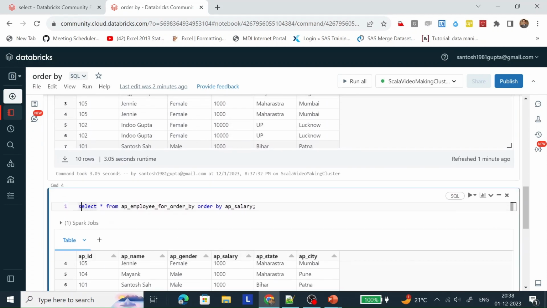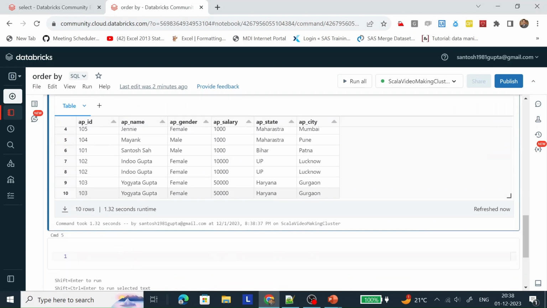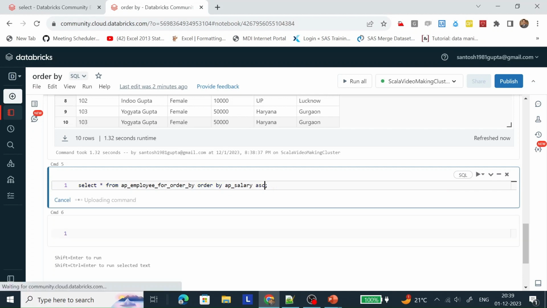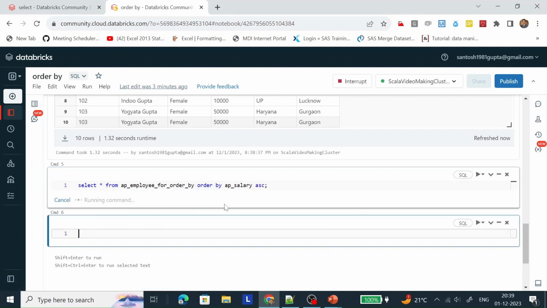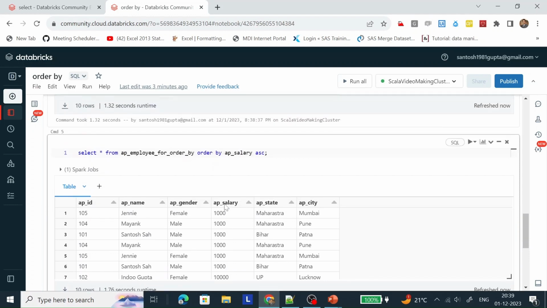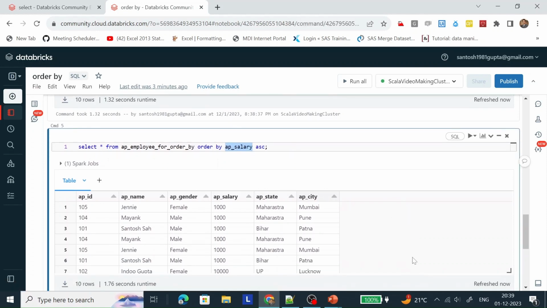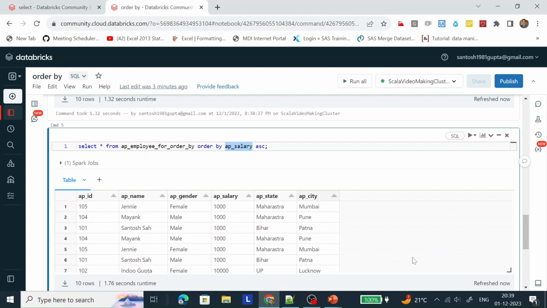Let me do ascending, then we can figure out what I am saying. Let's do ascending order. How will ascending order work? It will arrange the table with the help of this column in ascending order from lowest to highest, because this is an integer type column.